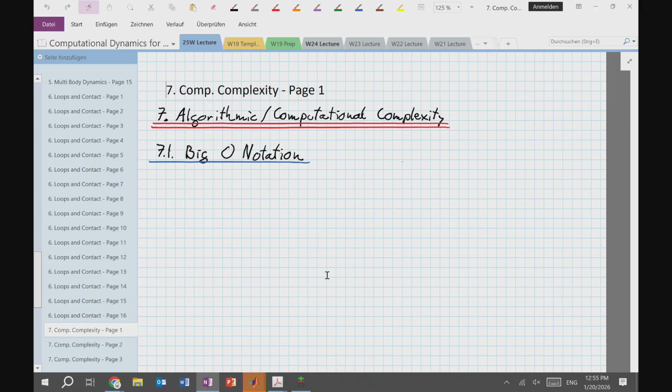The formal definition is that if I have some function g(n), and this is now exact, let's say this is the number of floating point operations that your algorithm has. The exact number, which is very hard to get. This is an element of order f(n), so it scales with f(n), if there exists